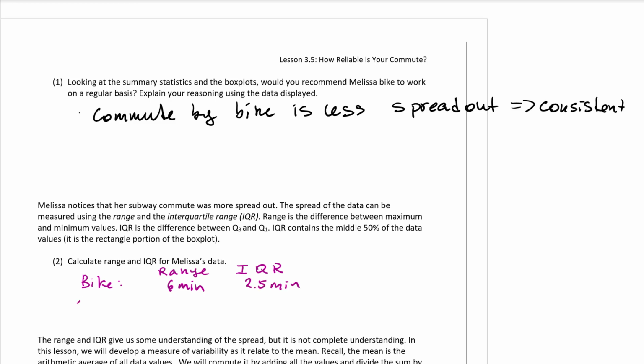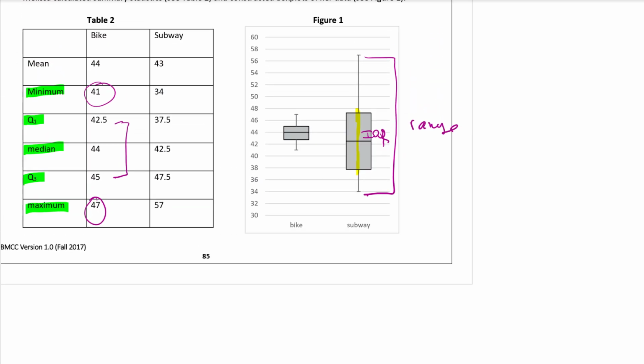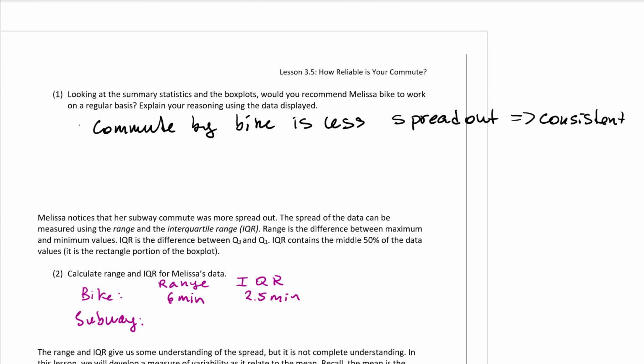All right, while for the subway, for the train, the range is huge. Look at this, and I think it has happened to you as well, right? On a good day, you can get there very quickly, but when there are delays, it could take forever. So here, the difference between the minimum and the maximum values is 57 minus 34. That gives us 23 minutes. Look at that, a 23-minute difference between the